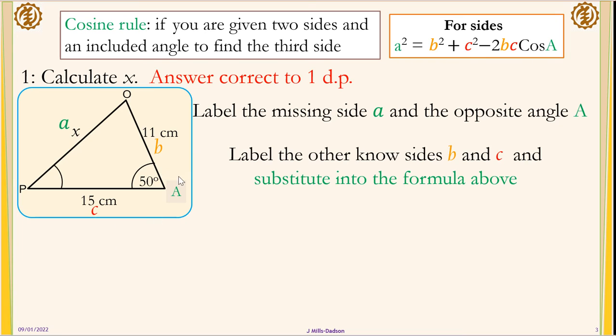It doesn't really matter which is B and C, but just stick to one, B and C. Now put it into the formula. So x squared is 11 squared plus 15 squared minus, I suggest use the bracket carefully, because there's a bracket here, and there's a bracket you close before the general bracket. Now take your calculator